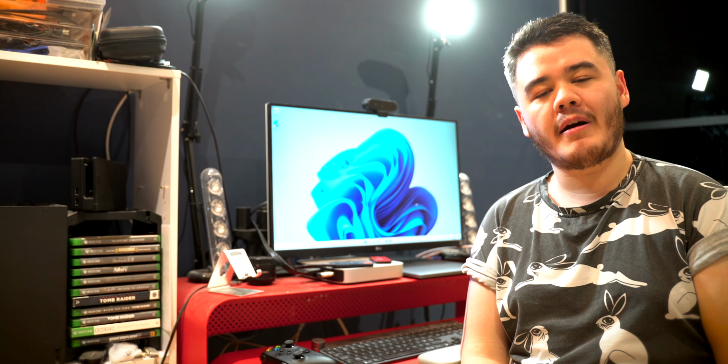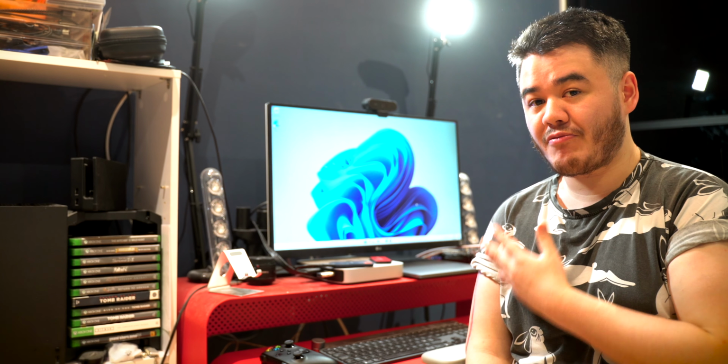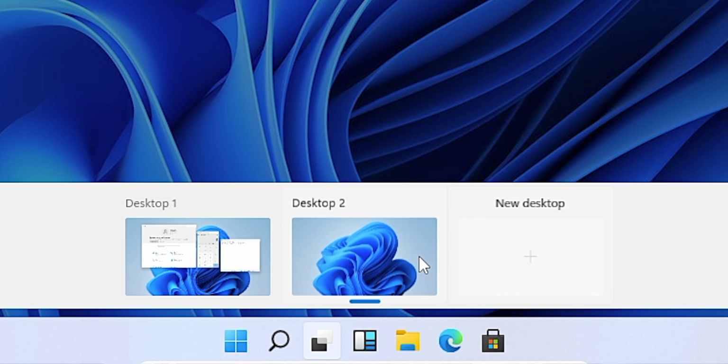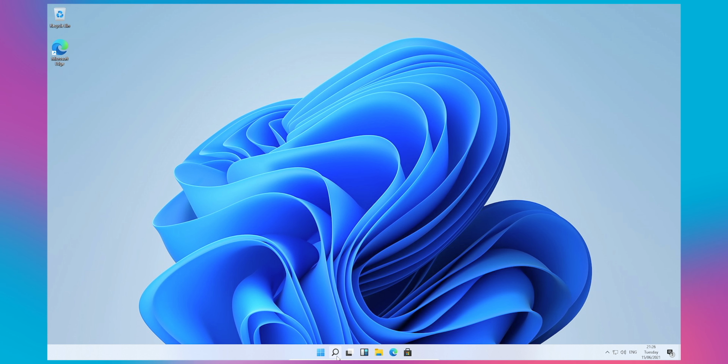Those are the highlights. There are probably many more hidden features and new aesthetic decisions that were made under the hood. As for my own opinion, I really like Windows 11. I really like the design decisions that Microsoft went for here. They made some big swings, and I actually think they did a really good job.